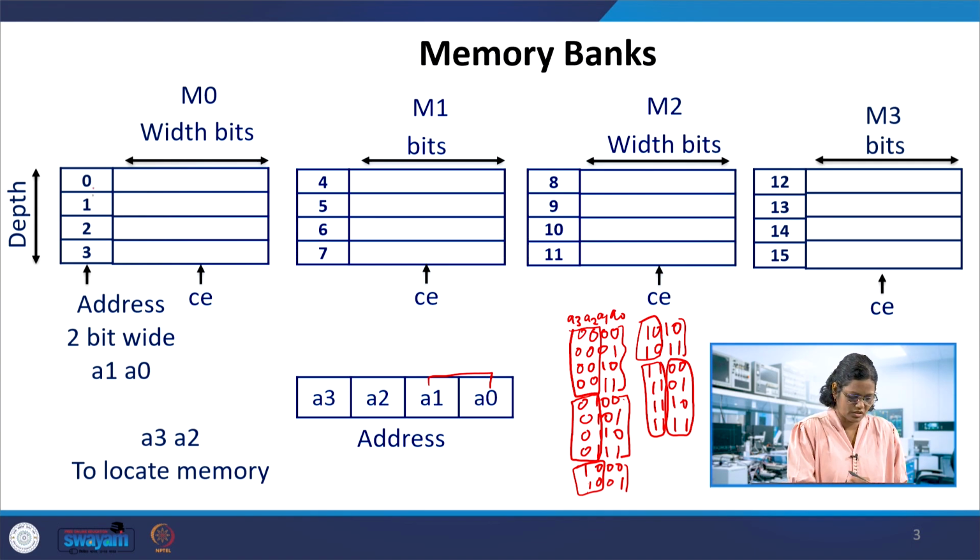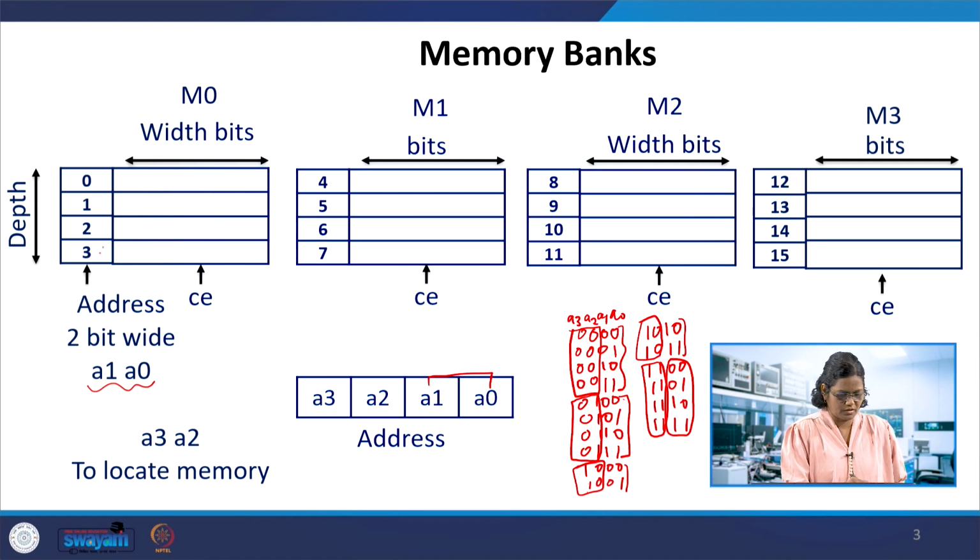And then the next 4 comes here: 4, 5, 6, 7. You can see how the location is split: the first 4 and the next 4 are address bits, then the next 4, the third 4, and then this fourth one. So we have separated this as 4 bits. Having M0, M1, M2, M3, and 0, 0, 0, 1, 1, 0, 1, 1, which would be helpful to find out the address bits, 2 bits wide, A0 and A1.